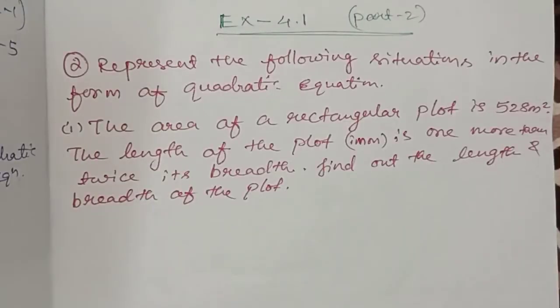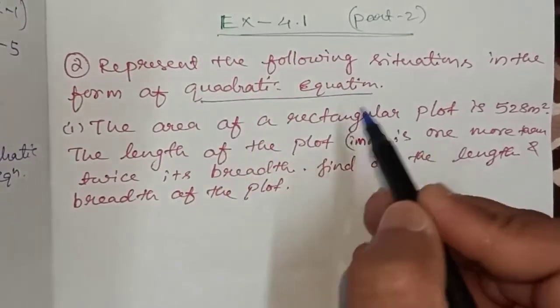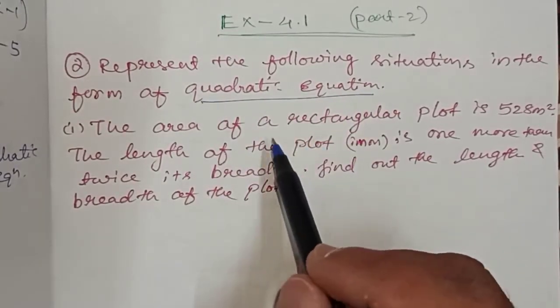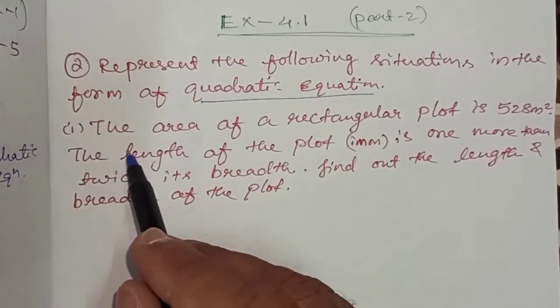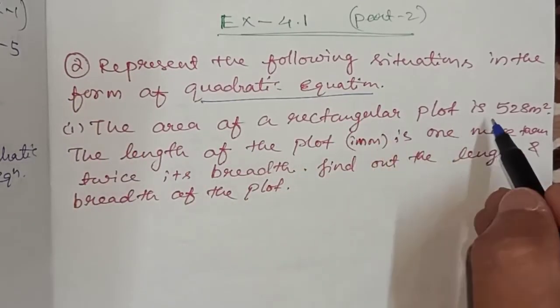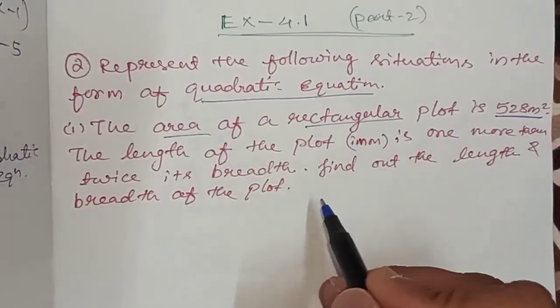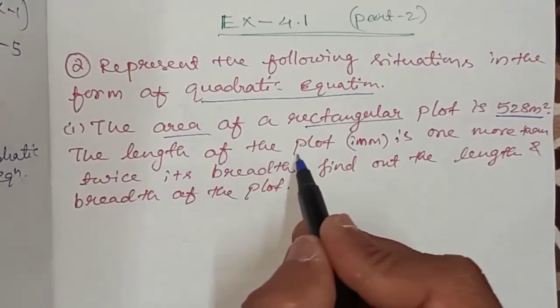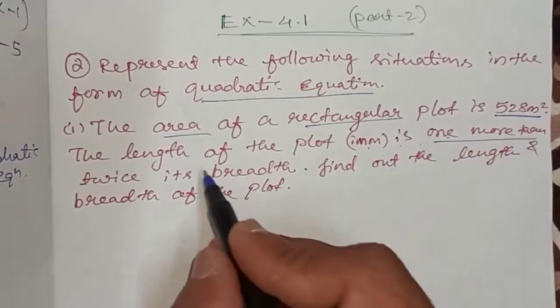In question number 2 it is given, represent the following situations in the form of quadratic equation. Some of the situations are given in the question which we have to represent in the form of quadratic equation. First bit of the question it is given, the area of a rectangular plot is 528 meters square. The length of the plot in meters is one more than